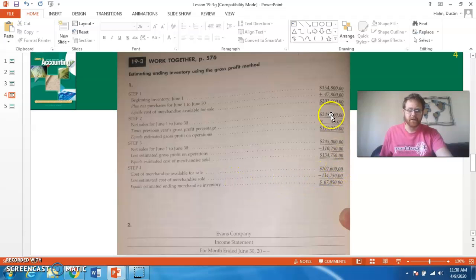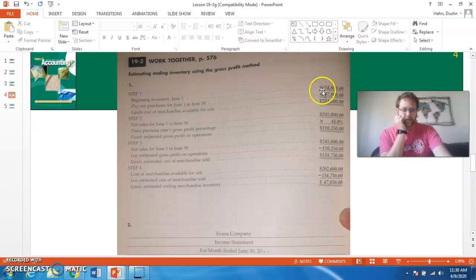That 202 comes all the way from right here under step 1, minus your 134 that you just found on step 3. Subtract the 2, and now you get 67,850. Okay, so like I said, probably about 5 minutes ago, it looks confusing, but in the book and on your test, I'll give you several of these numbers. All you have to do is plug them in to the correct spot, and the rest should be